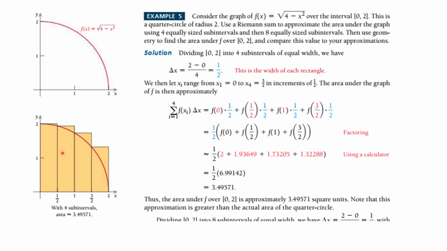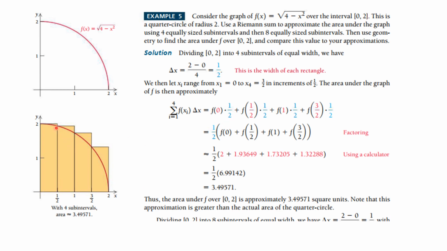And then we are going to be using the left endpoints, and so we're going to say the summation as i equals 1 to 4 of f of x i is going to be, and so you see we're going to say, well, what is f at 0? And it is 2. So the height is 2, but each of these is 1/2. So this is f of 0 times